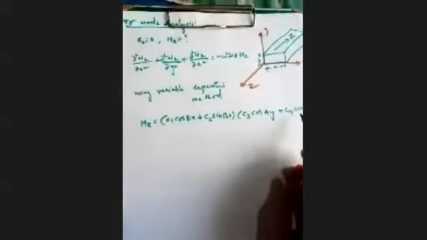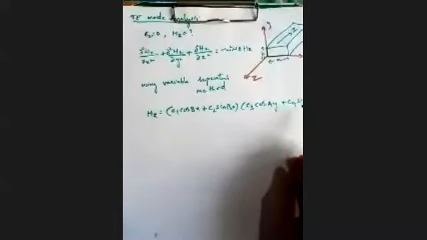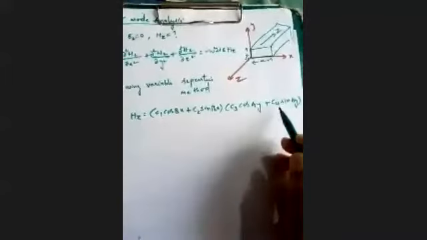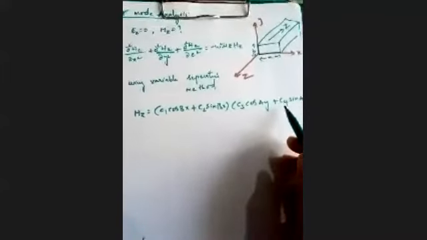If you are still confused about how we end up with this, I have posted pictures of the TM mode analysis. Go through that step by step, and you'll understand how we end up with Hz equal to this expression. Now that we have the value of Hz, we have to obtain the values of these 6 arbitrary constants by applying boundary conditions, right?